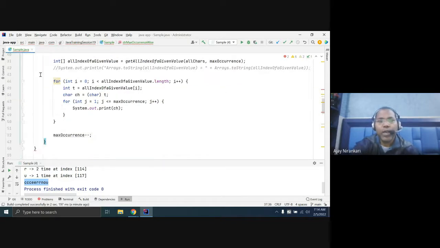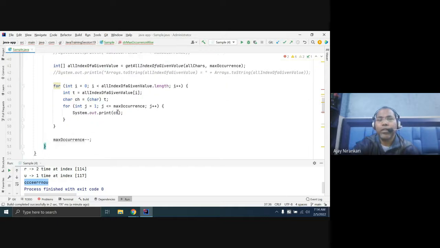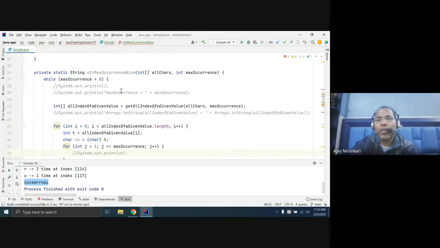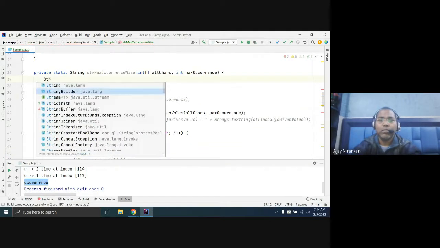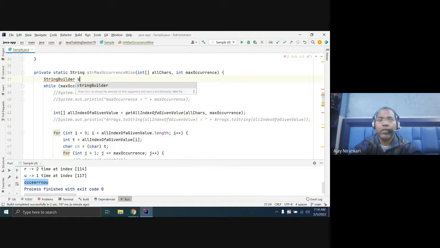So here we have to use some variable, and instead of writing SOP, I want to store the value. Generally, whenever you want to append values, you can use the StringBuilder class. Create a new StringBuilder object, and it has an append function.